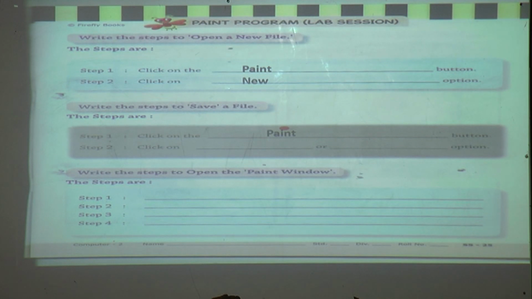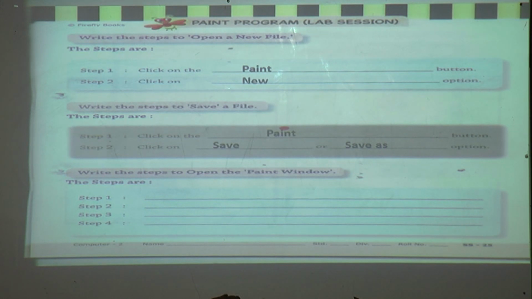Good. The answer is also in the question: Save or Save As. For new, click on the Paint button, and the second is New. For saving the file, click on the Paint button and click on Save or Save As.